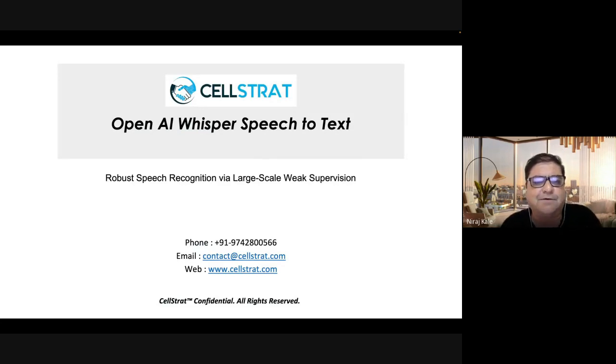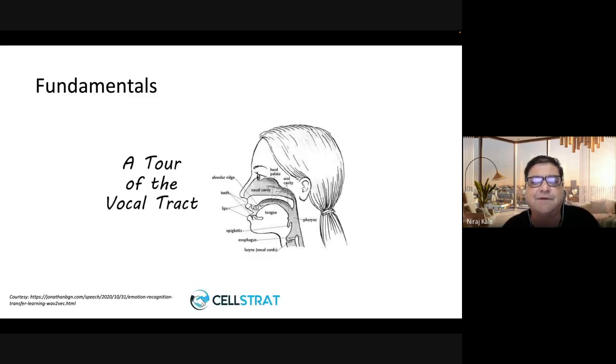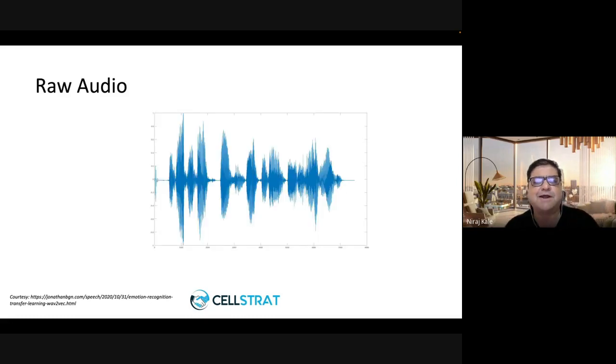we will look at robust speech recognition via large-scale weak supervision today. So, let's get fundamentals clear first of all. We move our lips and tongue, and we create audio waves through our vocal tract. Now when we create this, it is recorded as amplitude versus time. So this is the normal raw audio waveform that we see. As we speak, the amplitude of the sound waves goes up and down, and we record the audio waveforms,